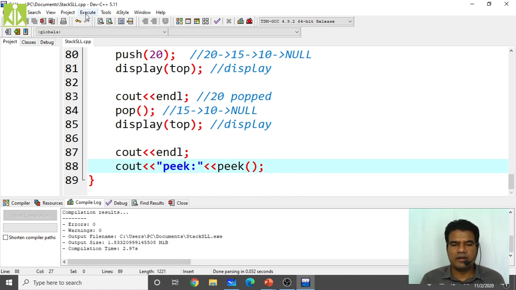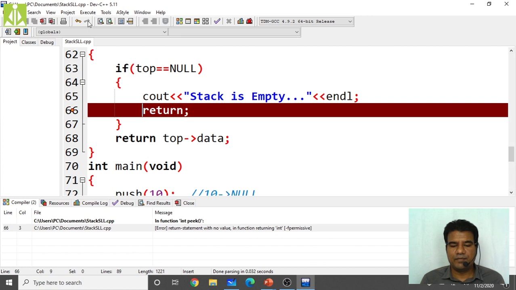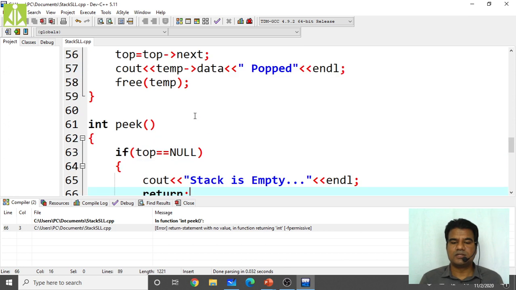So directly compile, what it is saying. Acha, this is an int function.